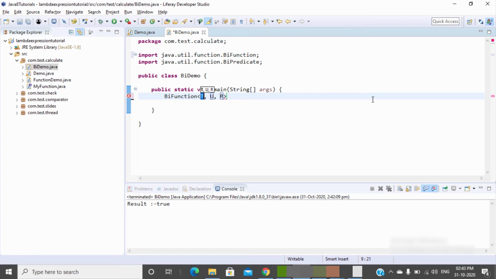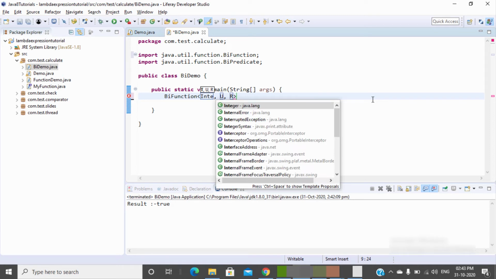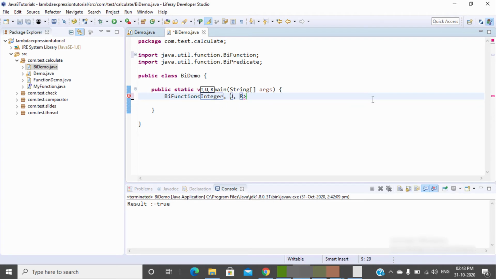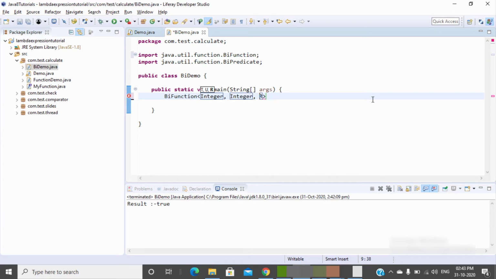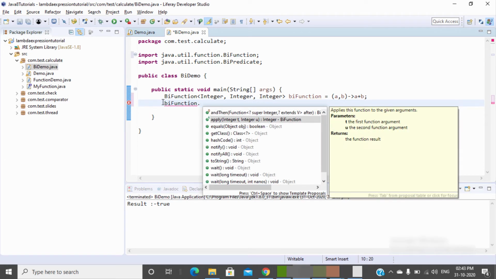So in this BiFunction, the first argument, the second argument, and this is the return type of your result. So let's print the result. The apply method takes two arguments and both are integers.